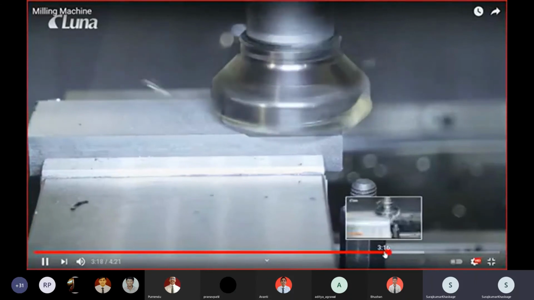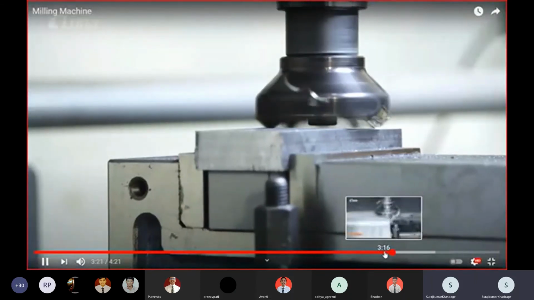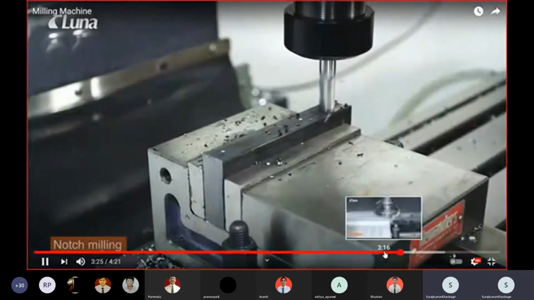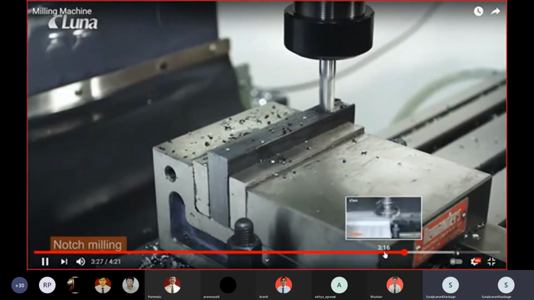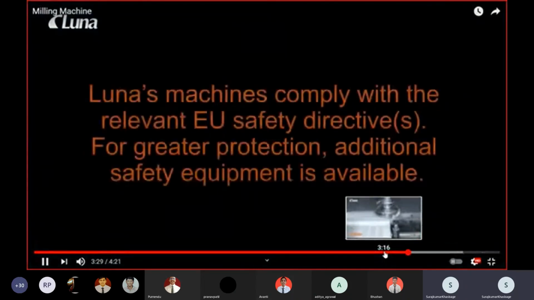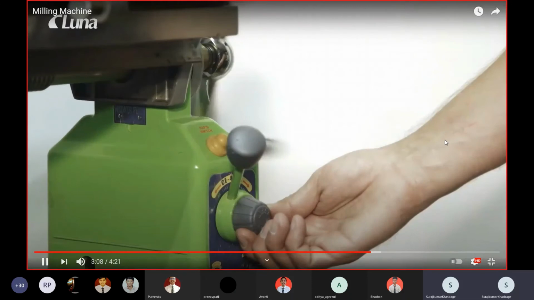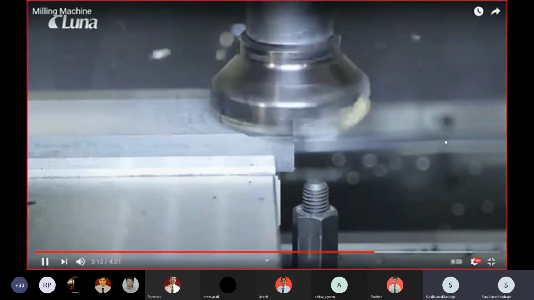Here you can see how the milling operation is performed. We can use different shapes and sizes of milling tools, called mill cutters, to perform different operations. Let's see again how the milling operation is actually done.